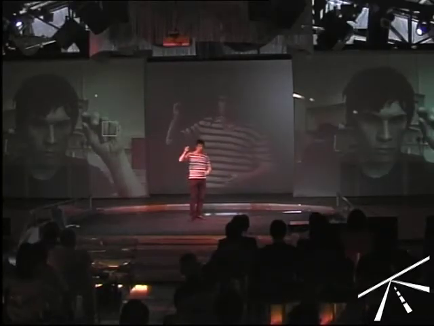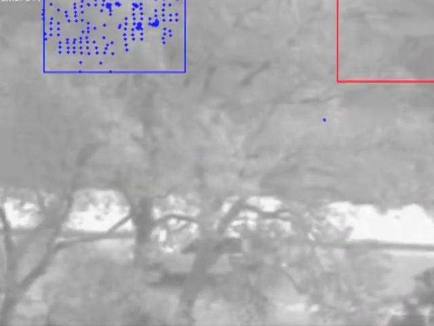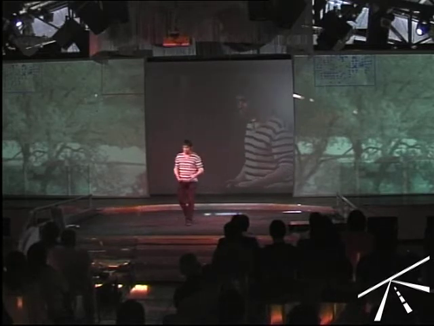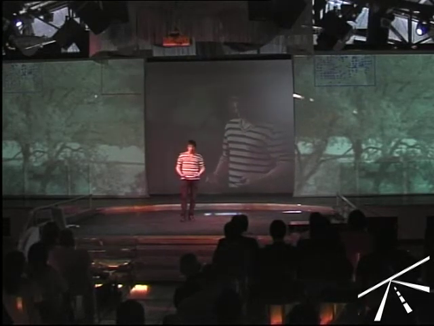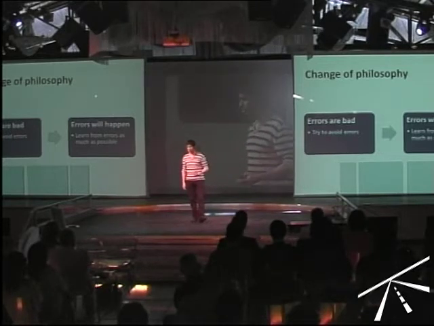I have been trying this for some time, and this is one example of the many failures where it didn't work. You can see that I wanted to track the 3 fingers here, but the algorithm failed pretty quickly. Here is another example where I was trying to focus on interesting parts of the object. These dots represent something interesting, and you can see that when the car goes behind the trees, the algorithm fails as well. I had a lot of failures there, and it seemed that maybe I wanted too much from the algorithm. But then I realized that maybe I just need to change the way I think about the problem,